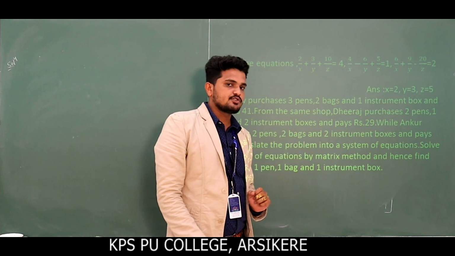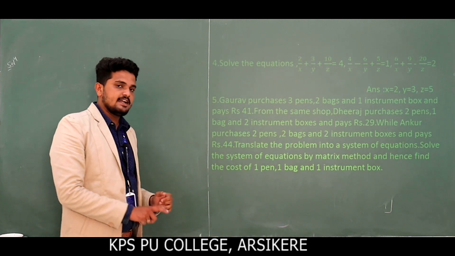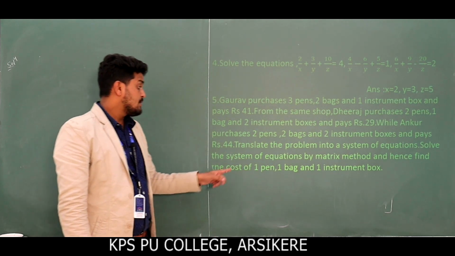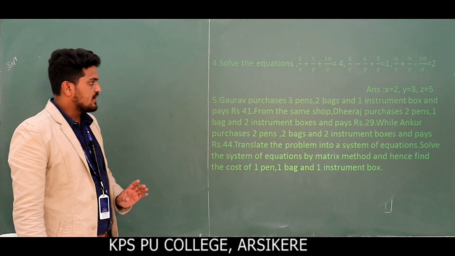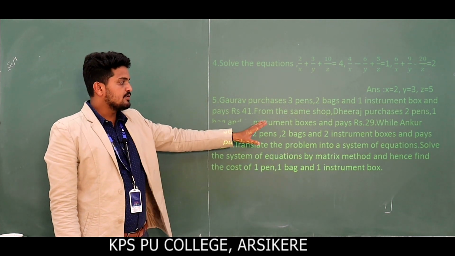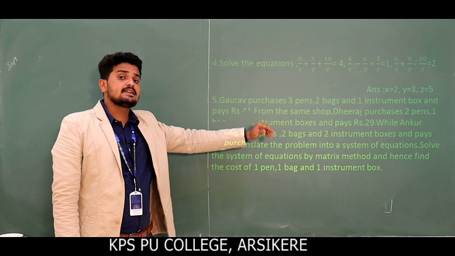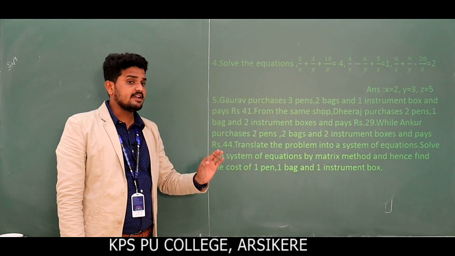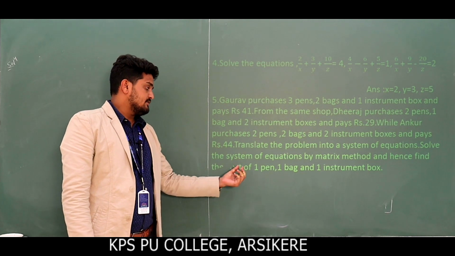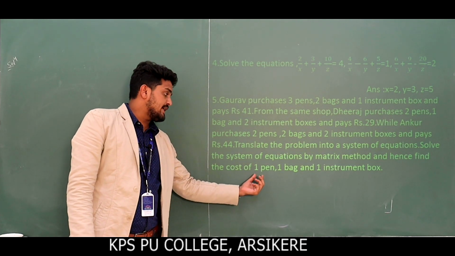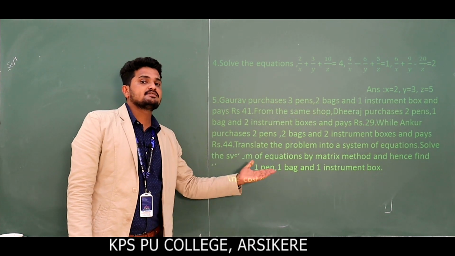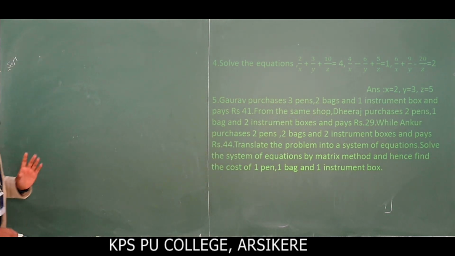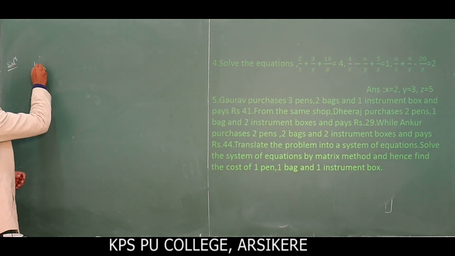1 instrument box. So we have to find the value of 1 pen, 1 bag and 1 instrument box. Before that we have to write the given data in terms of linear equations. Here we don't know the value of 1 pen, 1 bag, 1 instrument box, so let them be x, y, z. Solution. Let